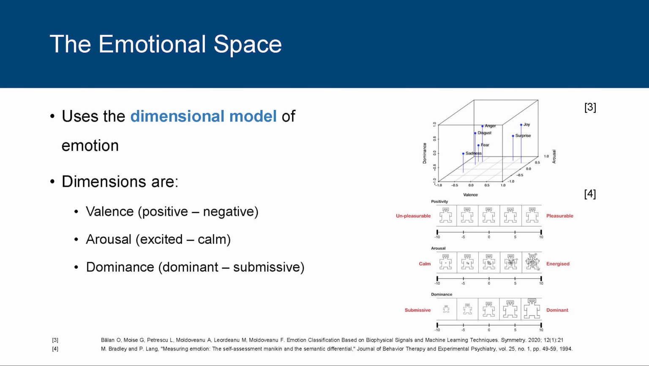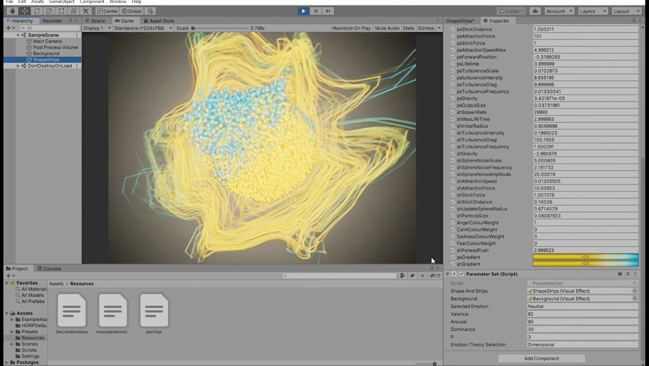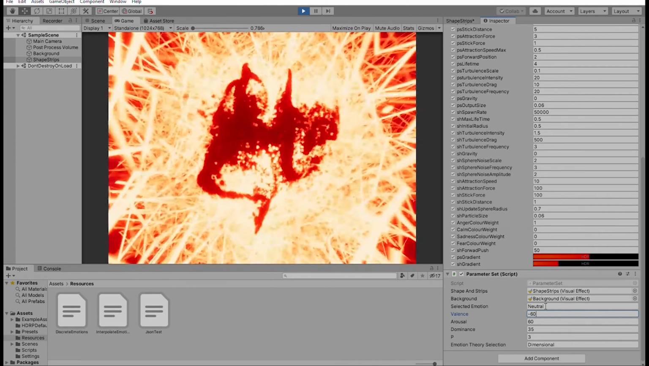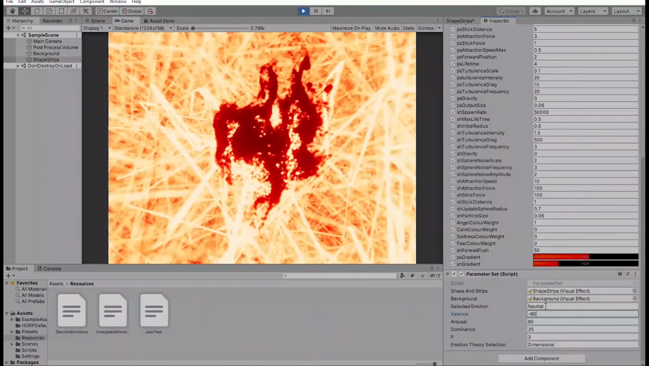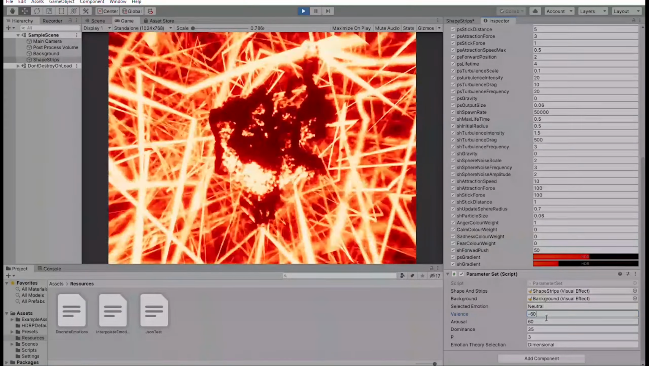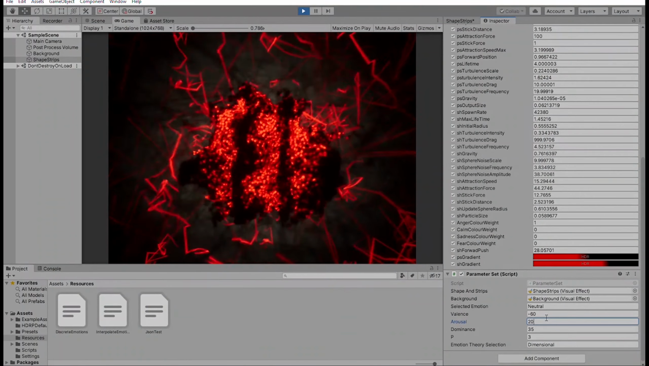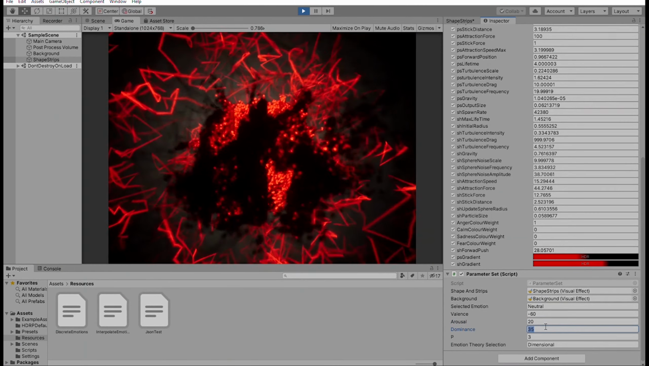As with most affective computing models, the emotional space was constructed around the dimensional model of emotion, allowing for emotional inputs to be numerical. The visual space is built using Unity VFX Graph, which allows complex particle-based visualizations to be rendered in real time using the GPU. Dimensional emotion parameters can be inputted, and the model will output 57 visual parameters that determine the appearance of the